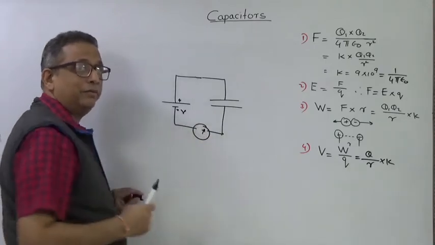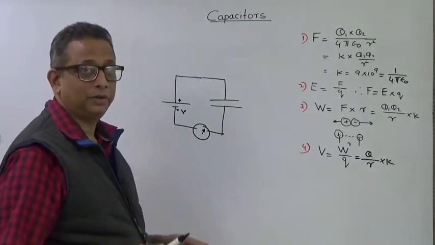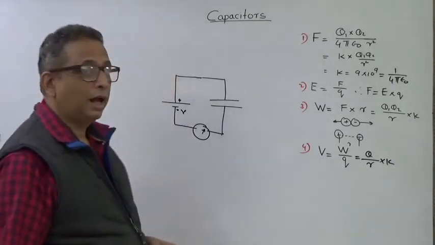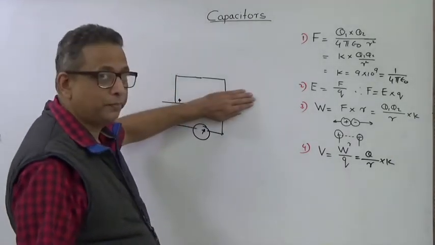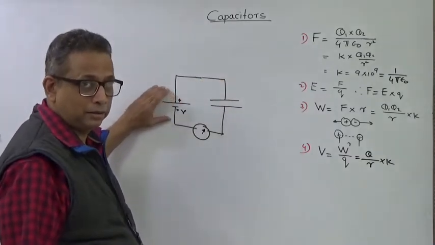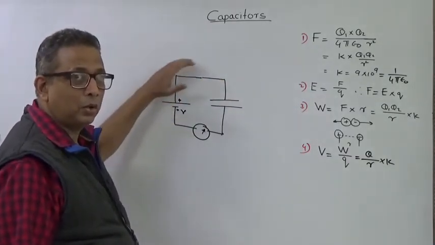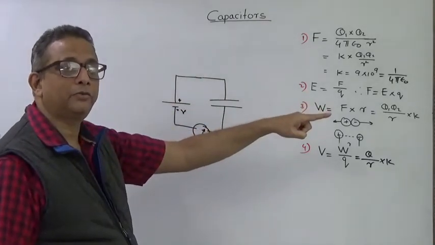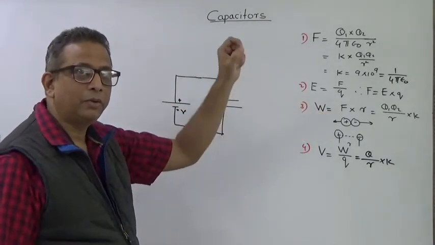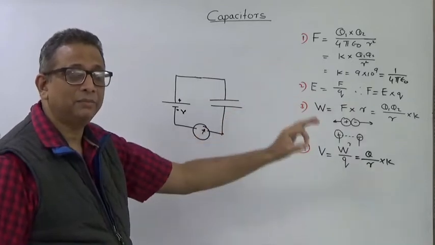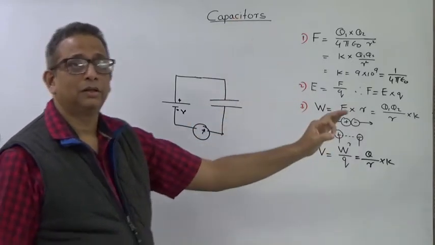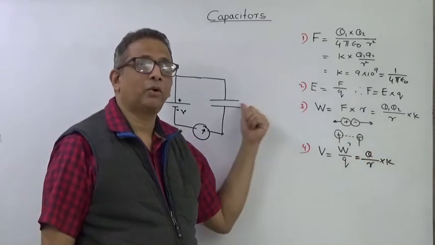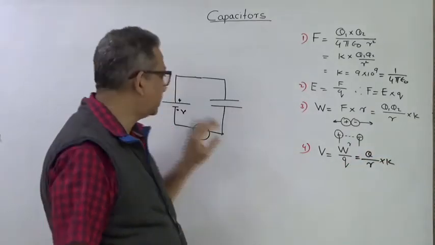This is the behavior. This is how capacitors behave in the process of charging. What had happened when this was a neutral capacitor, I connected a battery, a source to it, and I closed the key. What happened? There was a sudden increase of current. You have to remember these words, this mechanism throughout your whole 2 years of physics till you give your exams, because this is a very important phenomena, behavior of a capacitor.